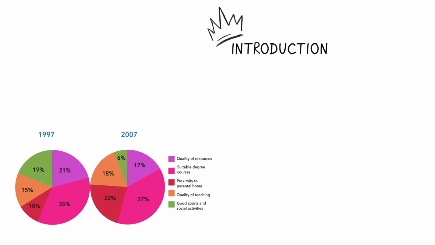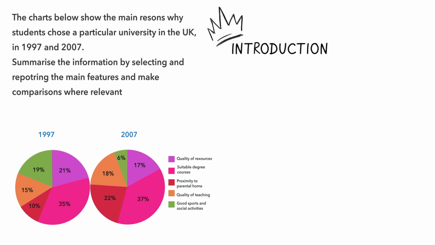All right, now let's just start writing our introduction. So, in writing our introduction, we have to paraphrase the question. Now, let's take a look at our question again. The question says, the charts below show the main reasons why students chose a particular university in the UK in 1997 and 2007. The charts below show, as you can see, two pie charts that compare data. So we can change our verb to compare. We can write, the chart compares